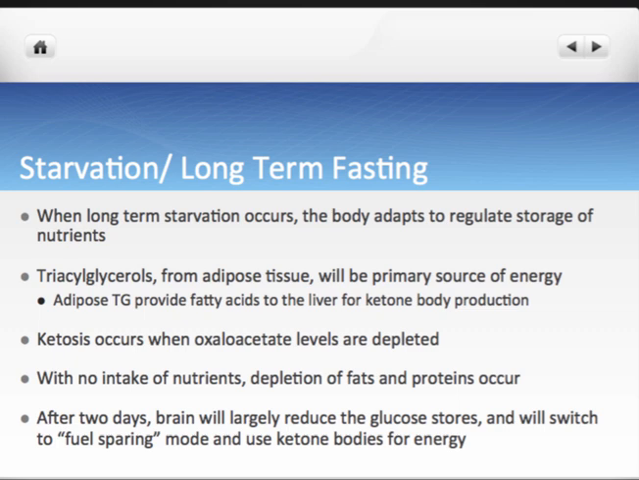And then after 2 days, the brain, like I said, is going to switch over from using glucose stores to become a more fuel-sparing organ, and it's going to focus on using ketone bodies as its main source of energy. Like I said, all of this is meant to show how everything that we've talked about connects